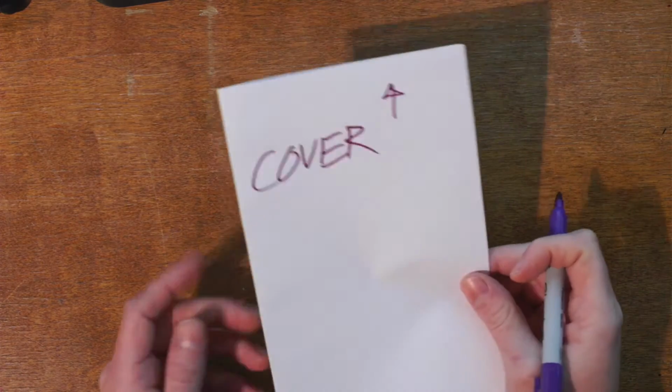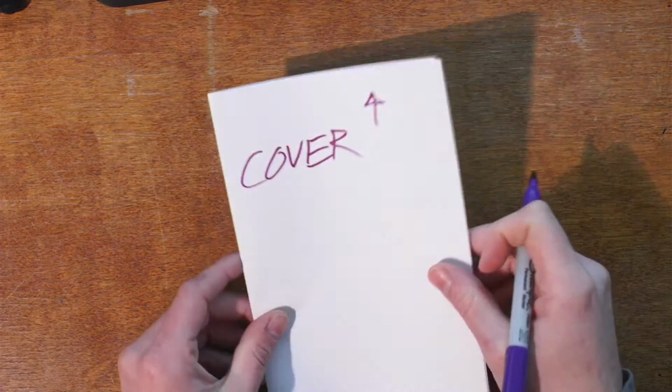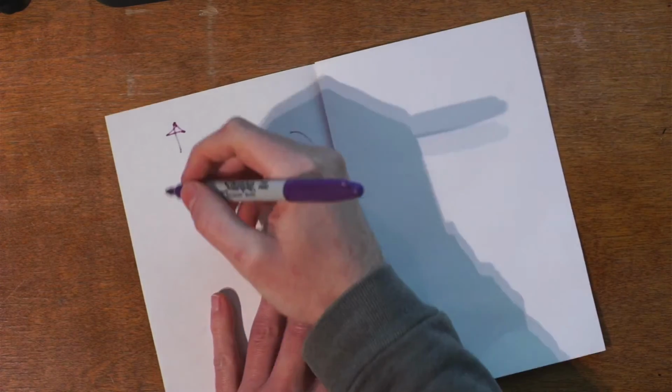Now, because this is a zine and we're not doing a full book, we don't have a spine width, so we don't have to worry about content on the spine. We just don't have to think about that. You might want to think about something where if you have your print go around, it gives you some sort of line code, especially if you have a bunch of them stacked, you can get interesting line patterns going. But we're not going to worry about that for this. So cover, back cover. We're going to open this just like it was a normal book. And this is going to be...